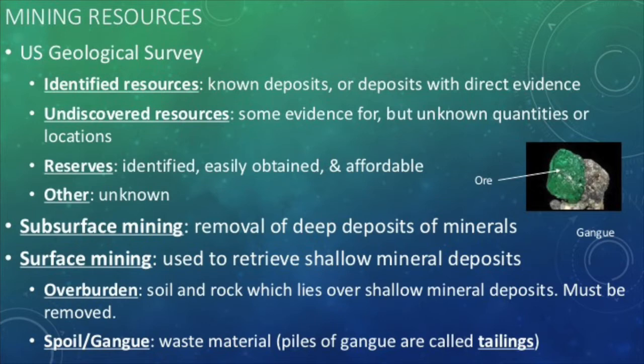The method of removing a resource is selected based on factors such as the depth at which the resource is located, the amount and stability of the material that must be removed to reach the mineral, also known as overburden, the topography of the area, safety, and economics. One last thing to know is that spoils or gangue are literally just the waste material from the mining